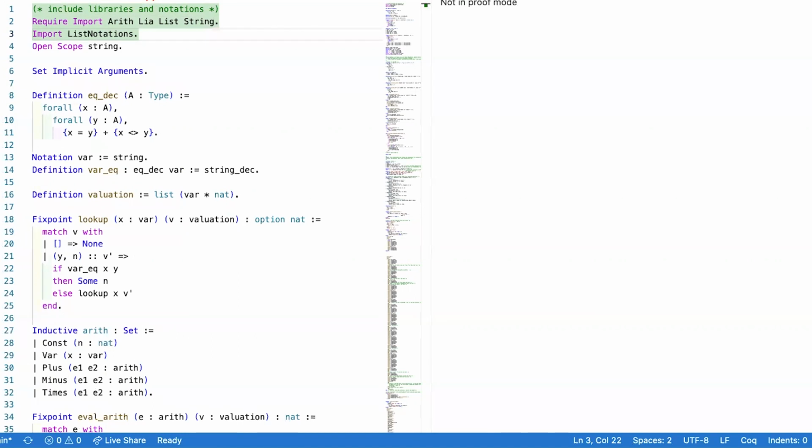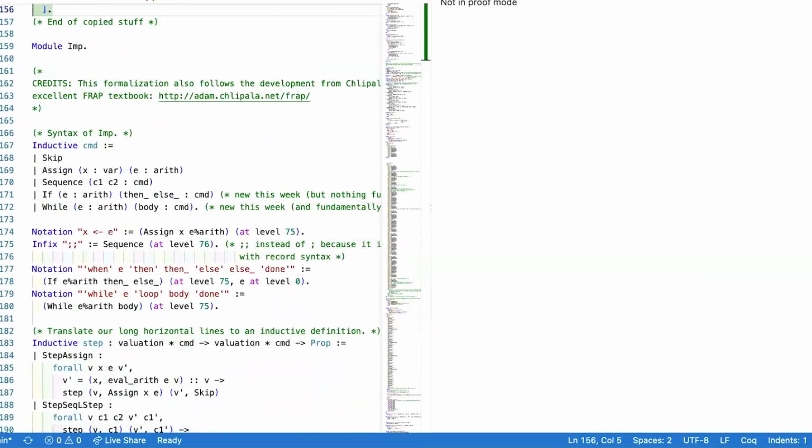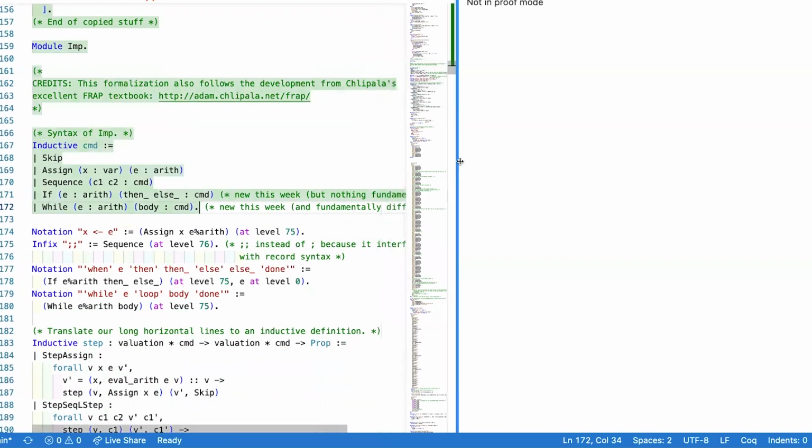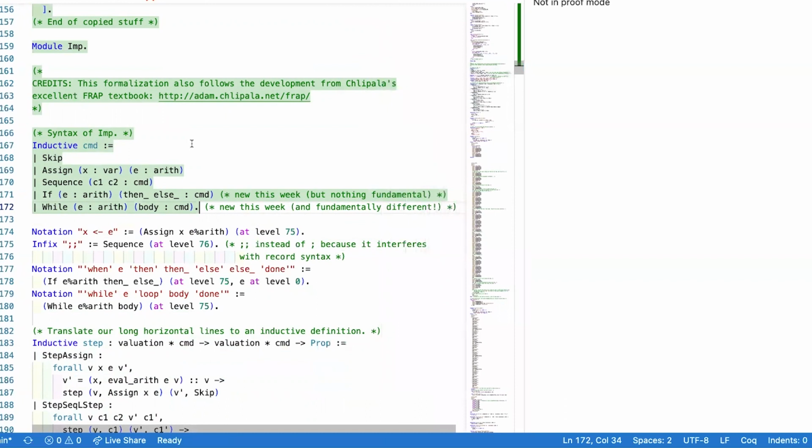All right, so in this video, we are going to look at an example of operational semantics in Coq. We have some boilerplate code that we are going to use in this example, but there are a couple of things that I want to draw your attention to. If you've seen the example from the previous weeks of the course, you'll see that syntactically this program is very close to what we had in the previous weeks, with the exception of the repeat operation being replaced by